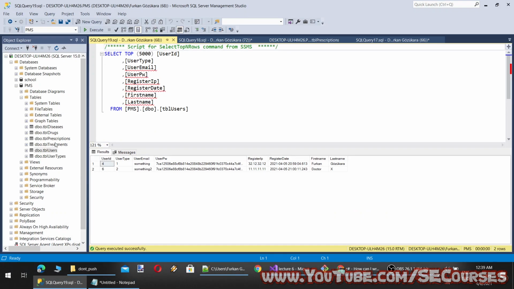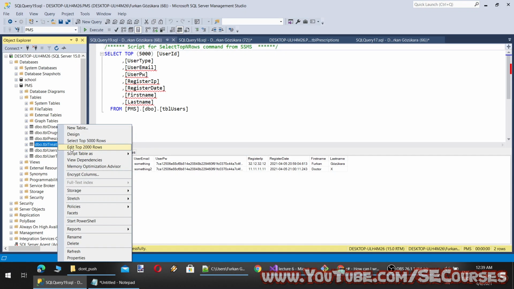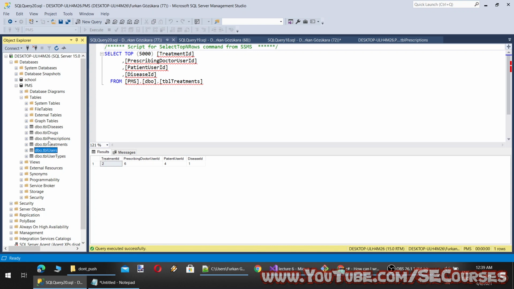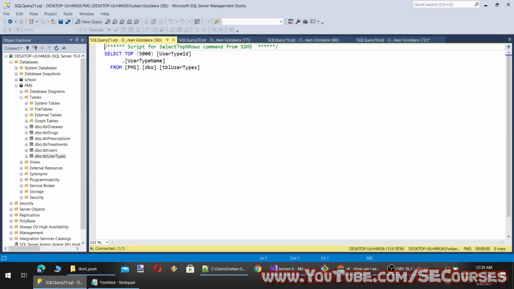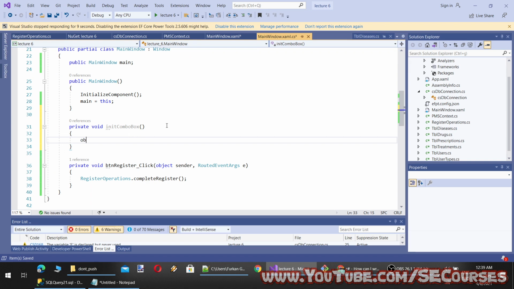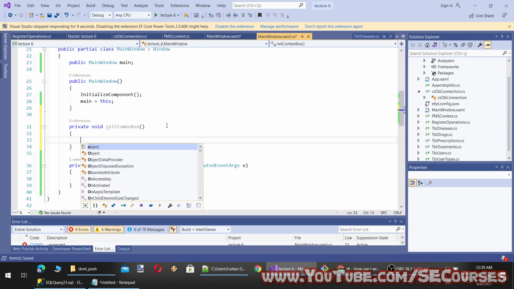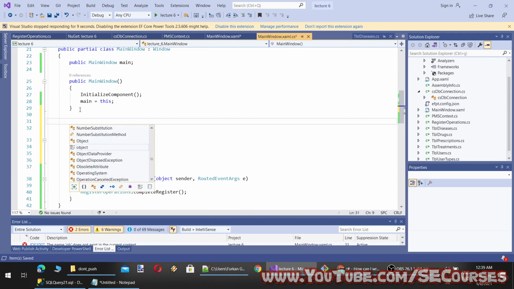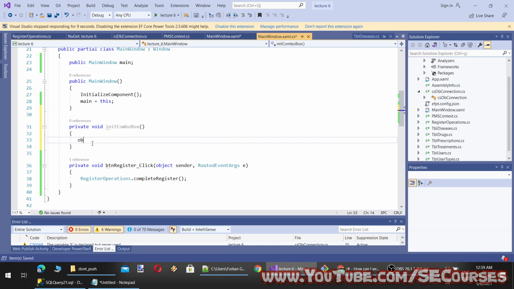So basically, we are going to design an observable collection of user types. Okay, so observable collection. So to be able to use it, probably I don't need... Yes, let's do it like this.